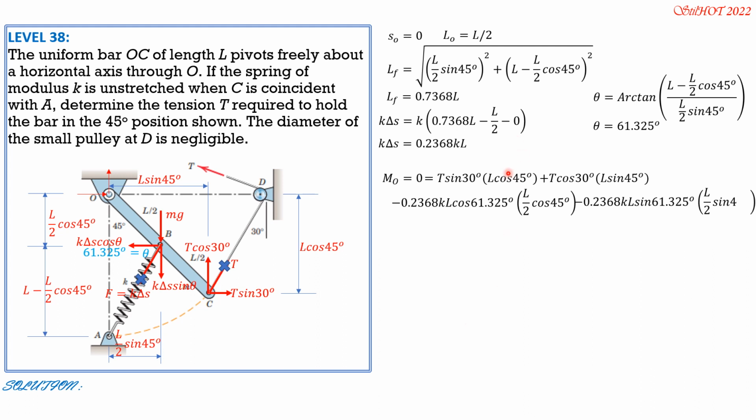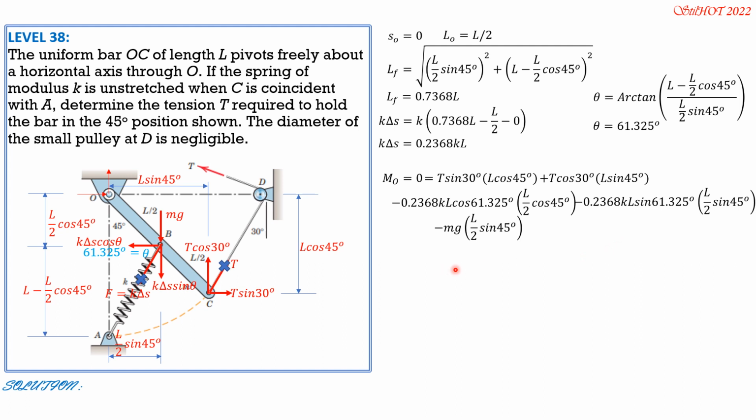Now, cosine and sine 45 are equal. Therefore, every term here has cosine or sine of 45. So we divide everything by cosine 45 or sine 45. So we ignore in the calculation cosine 45 or sine 45 here. So we compute T sine 30, cancel also L. So T sine 30 plus T cosine 30,